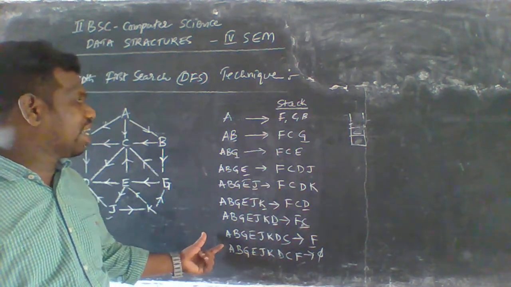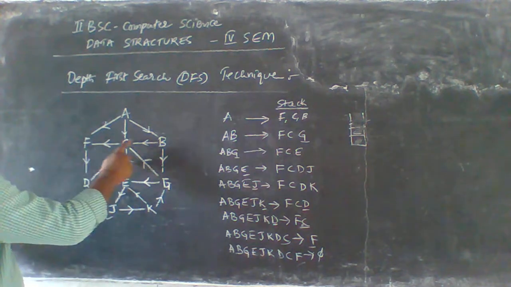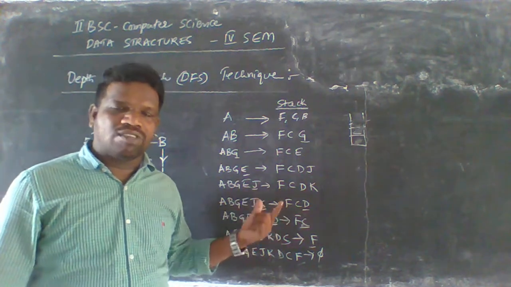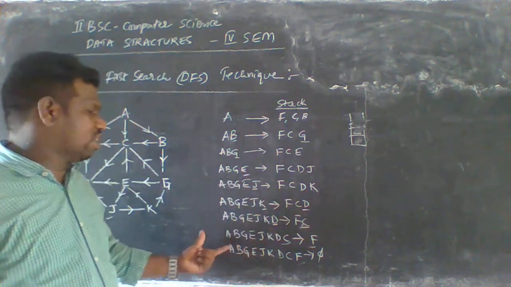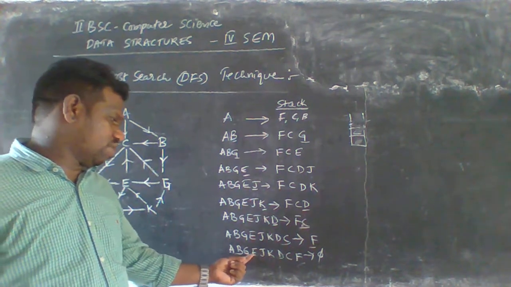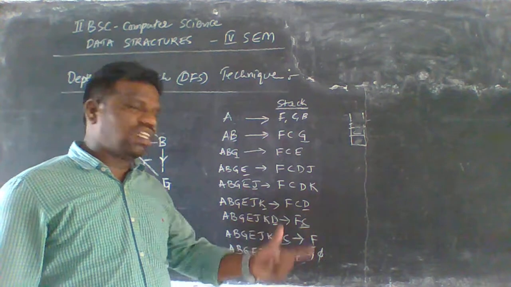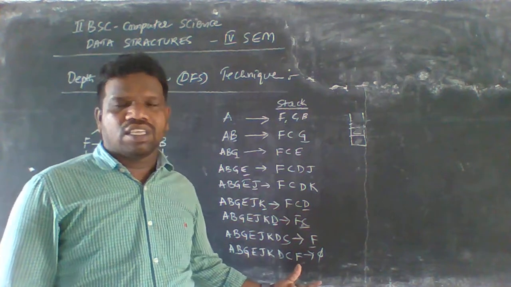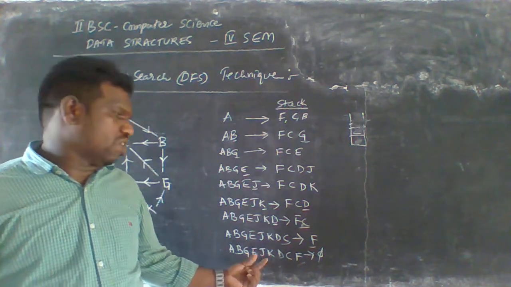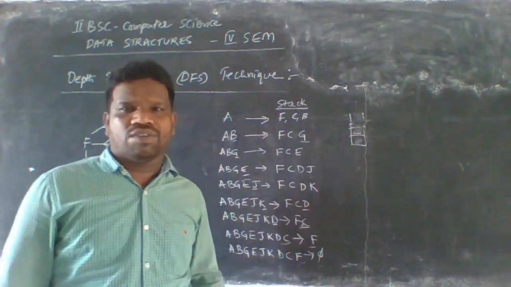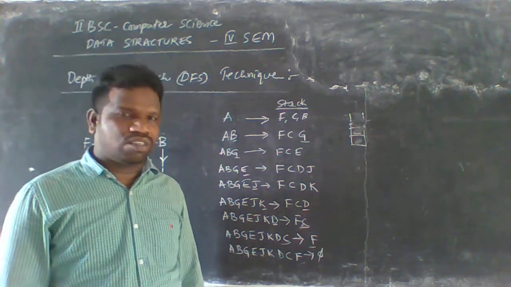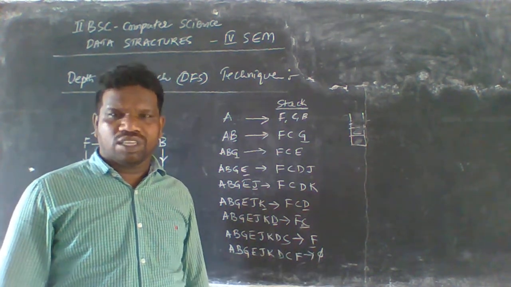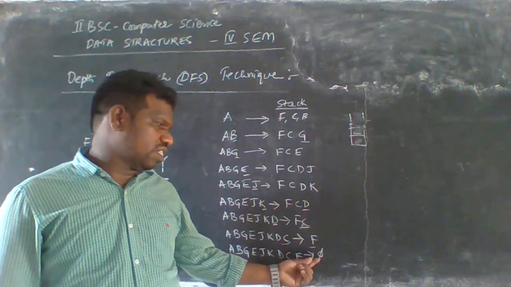And we have only 9 nodes available here. 1, 2, 3, 4, 5, 6, 7, 8, 9 nodes are available here, and completely we can traverse each and every node at least once. This is called as traversing here. Total we have 9 nodes listed here. So this is called as a DFS graph traversal technique here. So in this scenario, we have to visit each and every node only once in a graph here. So finally, we have the null nodes, because the null nodes mean nothing to represent any nodes here. So that is called as a null node here.